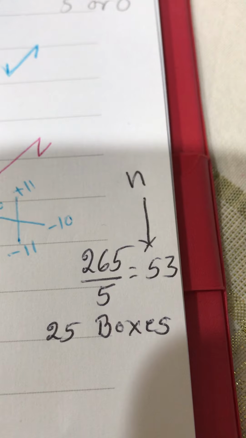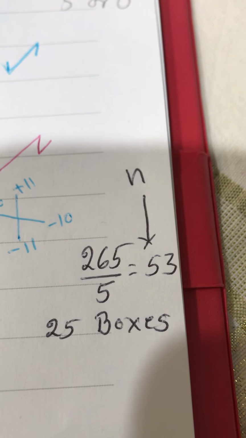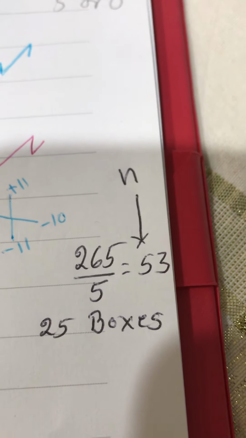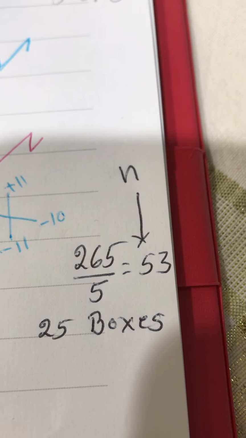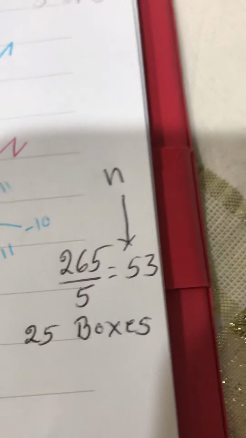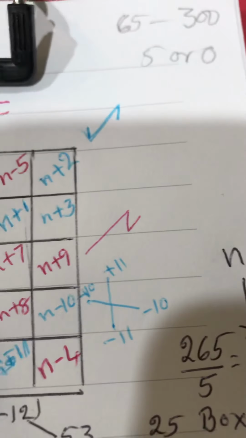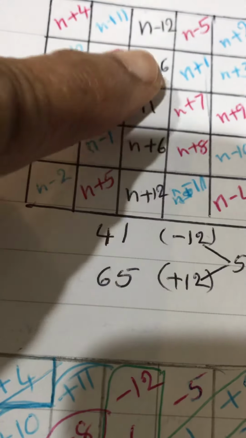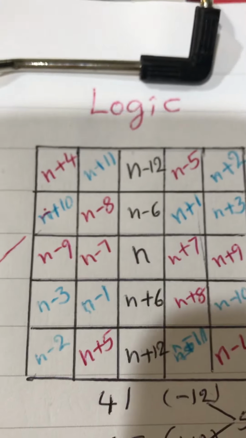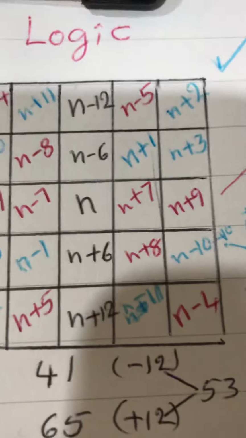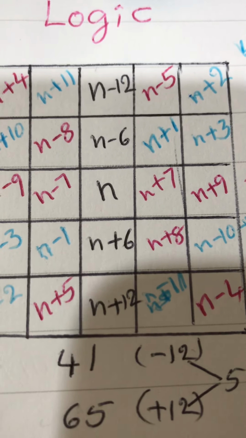So as long as we maintain that 53 in each box plus or minus a little bit, then the total is going to be 5n, which is 265. So basically that n is the middle number. So 265 divided by 5, 53 goes in the middle, which is called n. So that's 53. There's quite a bit of logic, and if you see just the middle row,